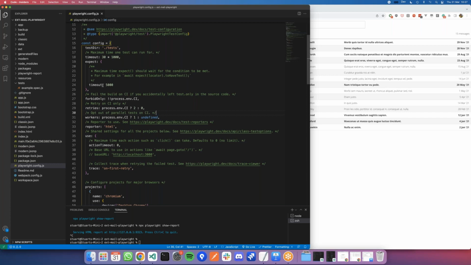Some key ones that might be of interest. So we've got timeout values here, which say, if you're asking the test to wait for an element to appear, you can set this value to be how long it will wait until it says, right, it's not going to appear, I'll fail this test. So this is set to 5,000 for the expect calls, and then there's a more global timeout for each test